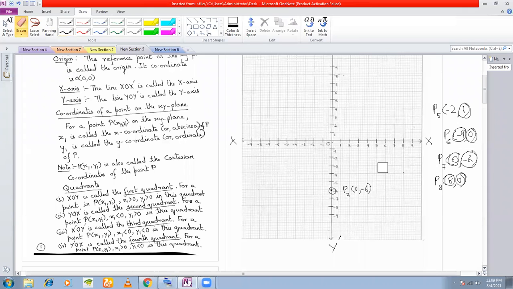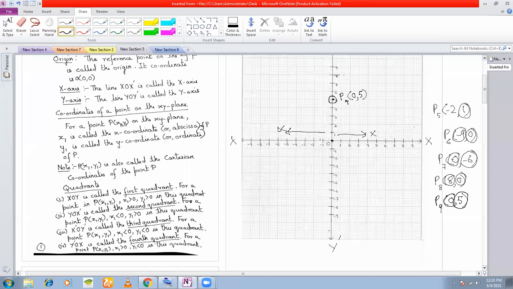Yes, sir. Let's take one more example, last example, and then we can proceed. Let us say we want to plot the point (0, 5). You start from the origin. Can you move horizontally? No, because the x coordinate is 0. So the only movement you can do is vertically. And vertically, how will you move, upwards or downwards? Because you have +5, you have to move upwards, in the positive direction. So this is your point P(0, 5). Clear? This is how you plot the points.